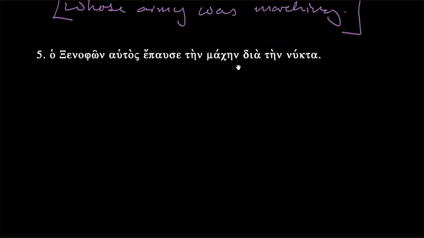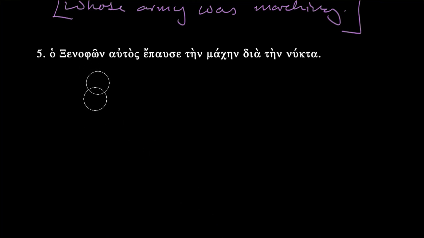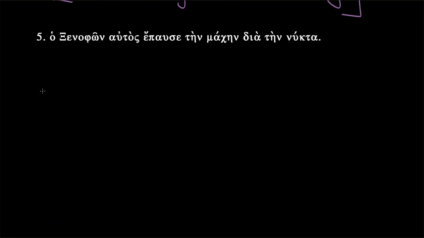All right, last example. Let's see if we can wrap this up. Hog xenophon autos epause ten machen dia ten nukta. Good. So hog xenophon, this is one of our new vocab words. This is a proper name. You may have heard of Xenophon. He was a writer of the late 5th century, wrote both kind of philosophical texts that dealt with Socrates, but also fought with the Spartans when they were in what's now modern-day Turkey, wrote something called the Anabasis, the ascent, the up hike, the march uphill, but now we just have him as a person of interest